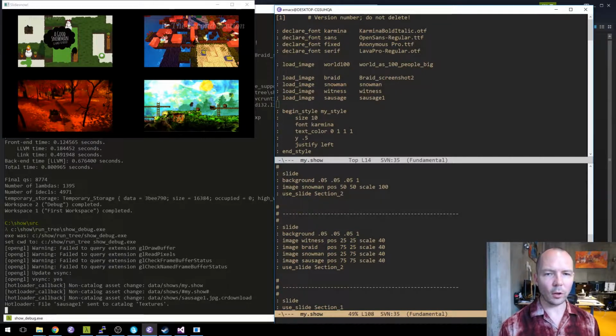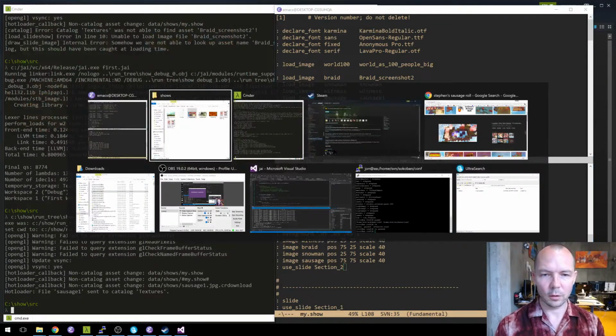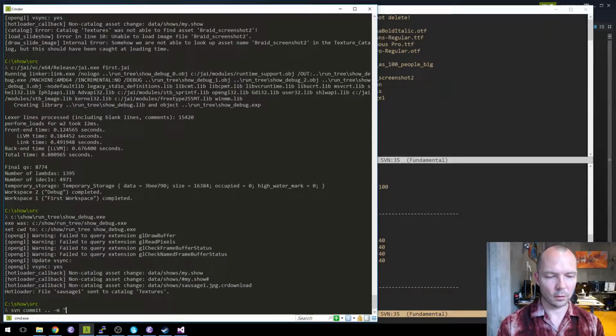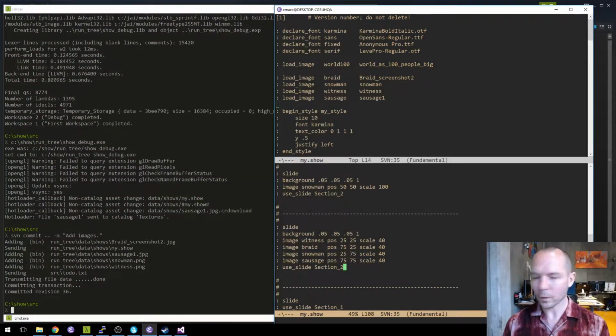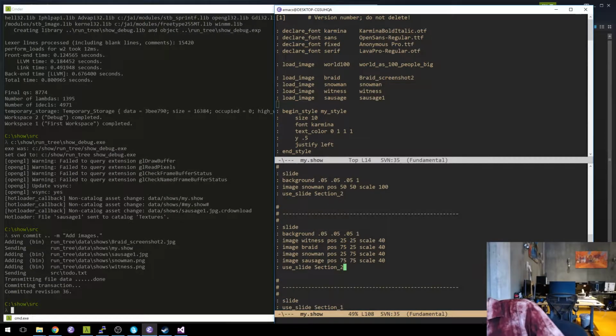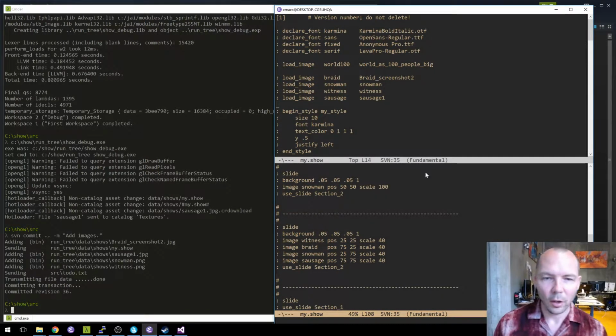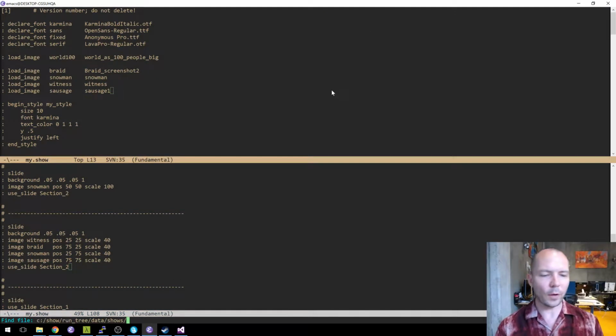So let's fix the colors. I suspect, well, I was goofing around with whether they're sRGB or not when I was editing OpenGL stuff. Okay.